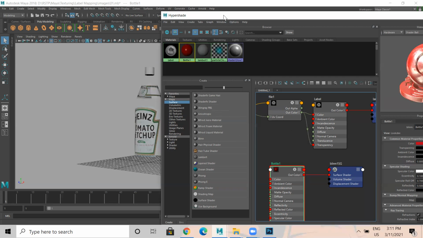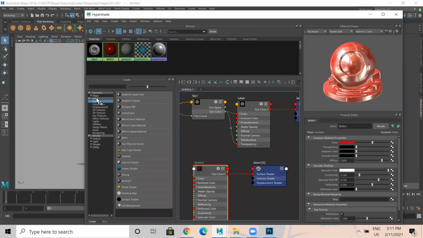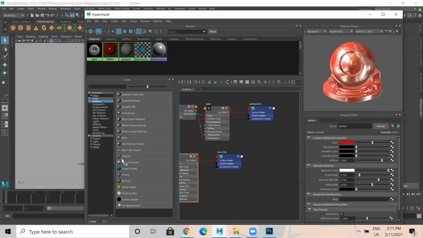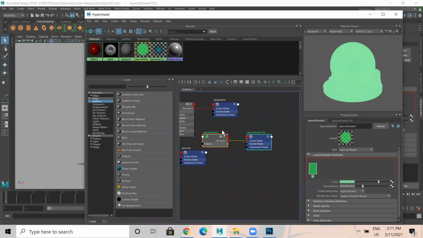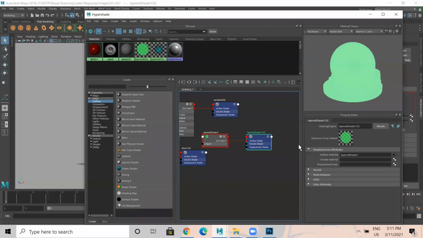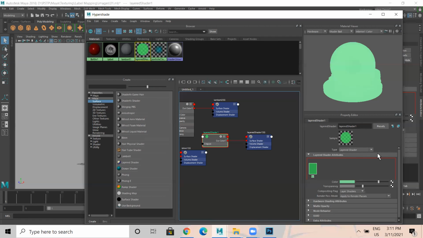This is where another material comes in Maya surface, that is called layered shader. Click on layered shader, place this layered shader here. Now the layered shader shading group has an output something like this.